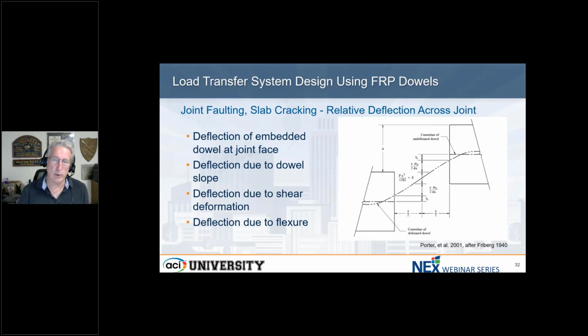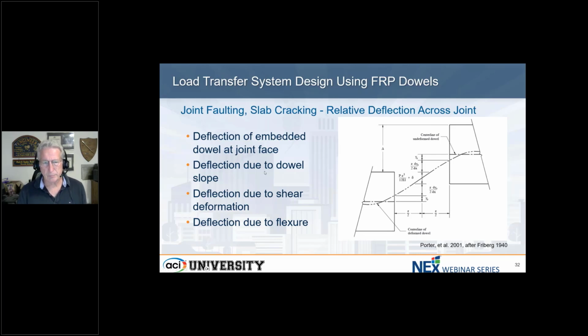And finally, the fourth component is the flexure. We're inducing a bending moment into that bar across the joint, and so there's going to be some bending of the bar taking place. That is a component of the total relative deflection as well. Now, for typical contraction joints, where the joint is very, very narrow, say only 1/8 of an inch or 1/4 of an inch at the very most in the dead of winter,